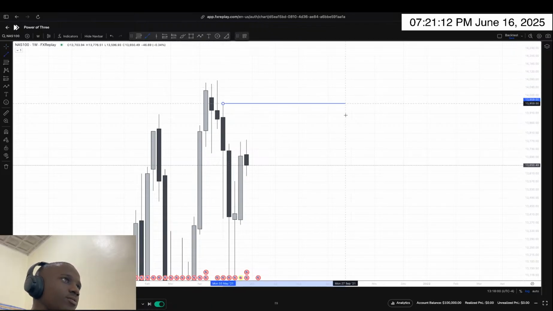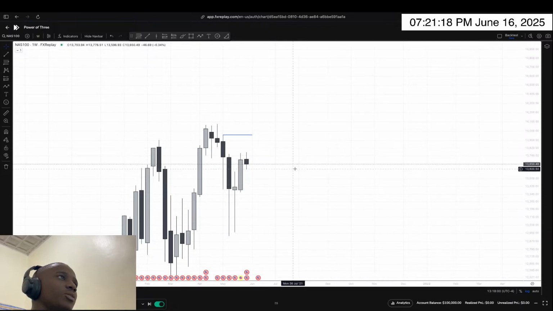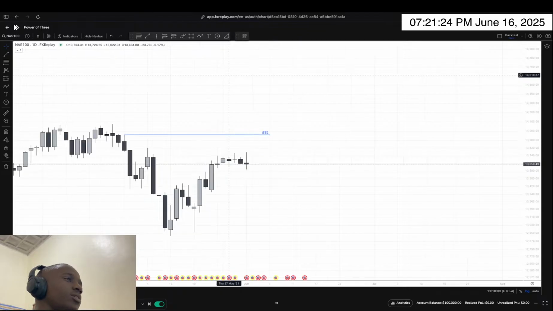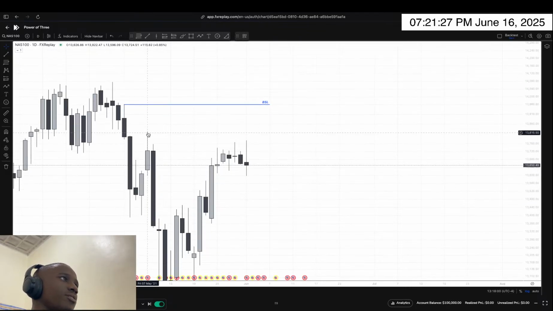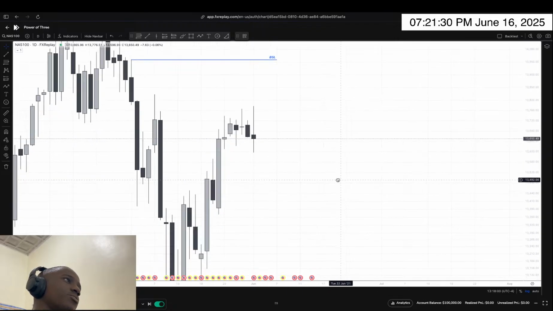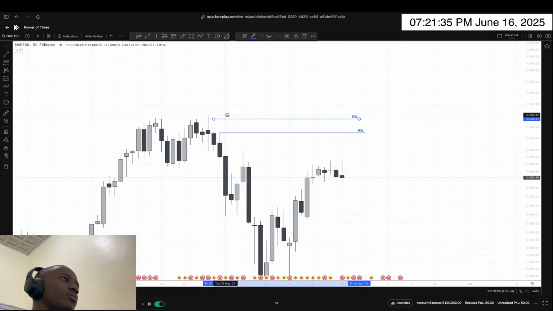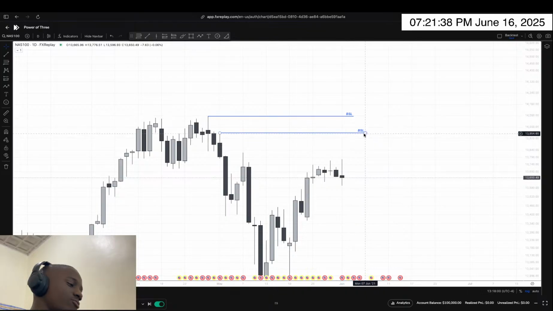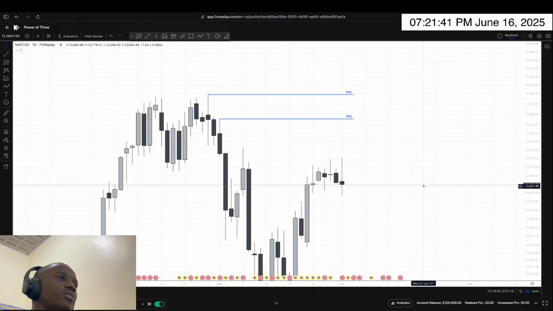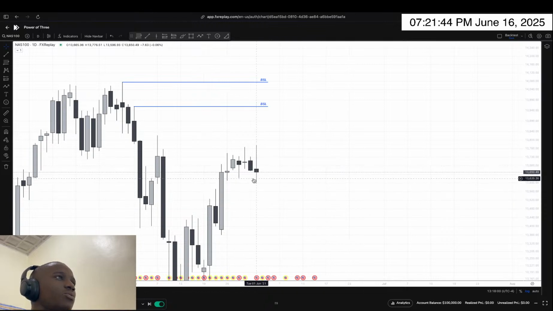So basically what the weekly did was show us some levels of liquidity, which means that we have buy side resting there. And then when I go to the daily time frame, I'll also see that we have another high there, which means liquidity is still there. It's liquidity on this order block. Let me also mark this as well. We have many levels of buy side liquidity, and since we would like the week to expand higher, it would be normal for Tuesday to push lower, and then for Wednesday and Thursday to push higher, as the weekly PO3 suggests.